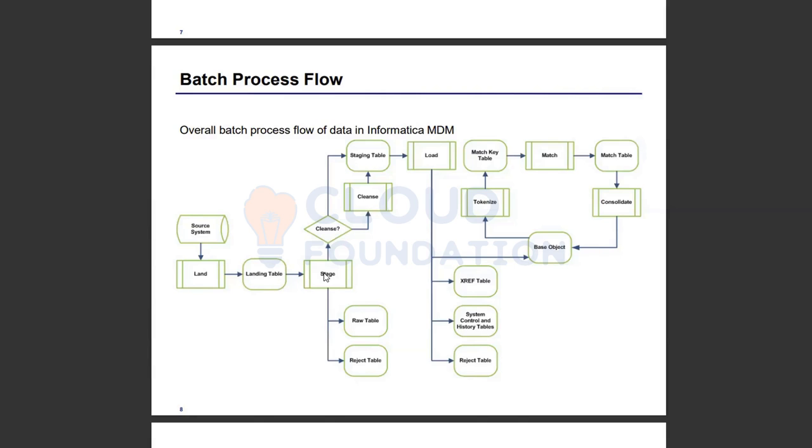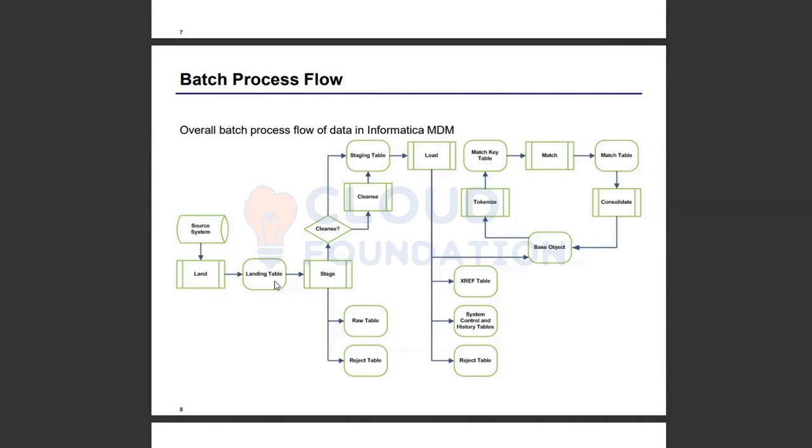Stages always truncate and load. Every time the data comes in, there is the raw table and the reject table; there are two other tables which will be created. The raw table is utilized for auditing purposes. For delta detection, there are two other supporting tables. We'll be seeing all these things. It's just a walkthrough kind of a thing.